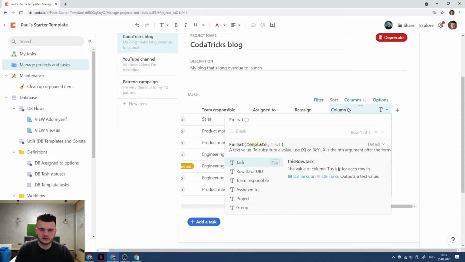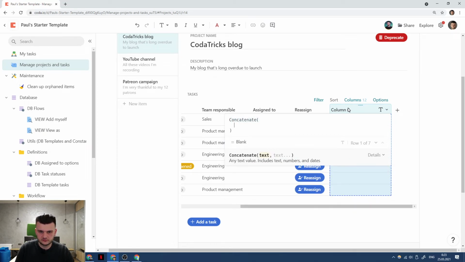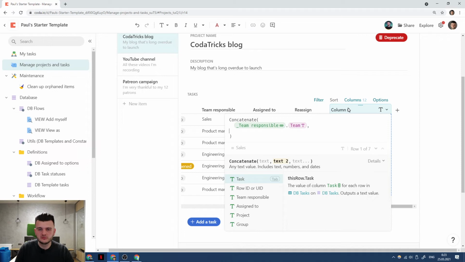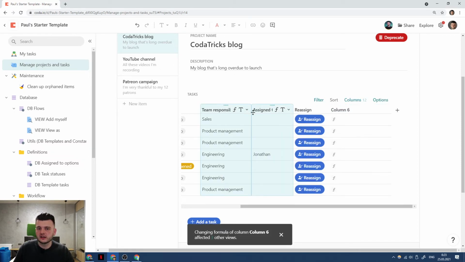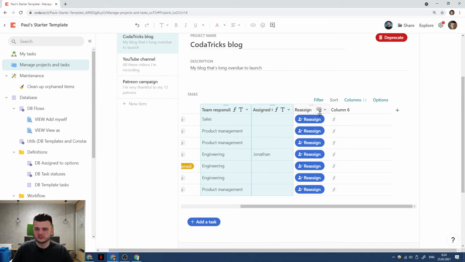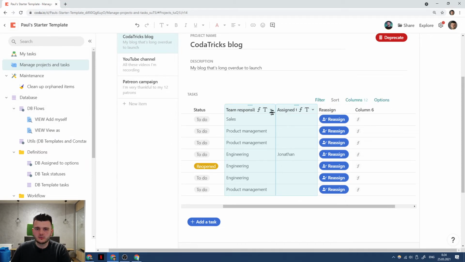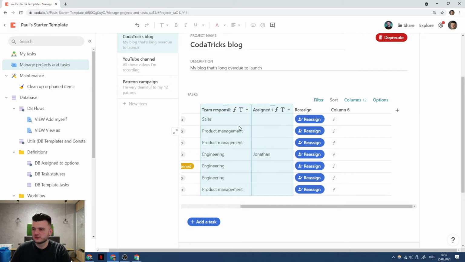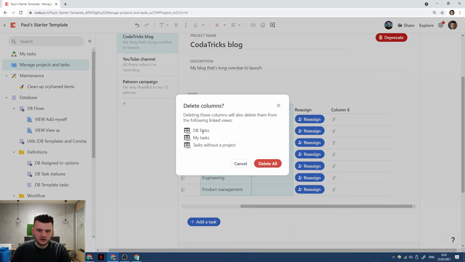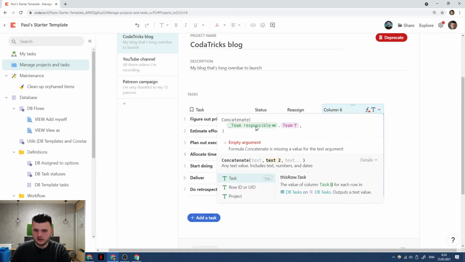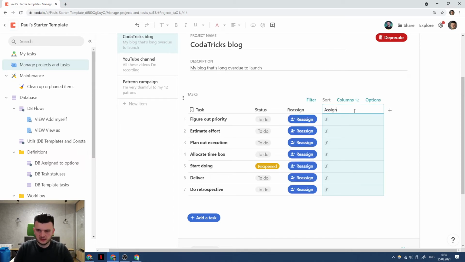So I can have something like concatenate team responsible team, or read from a team actually, or most likely I'll have these deleted. So in a way it's bad that I used these columns in our logging tables. I guess I'll just have them deleted soon and replace them with assigned to. So okay, let me just do this already. Yeah, I just delete them. I'll have this assigned to